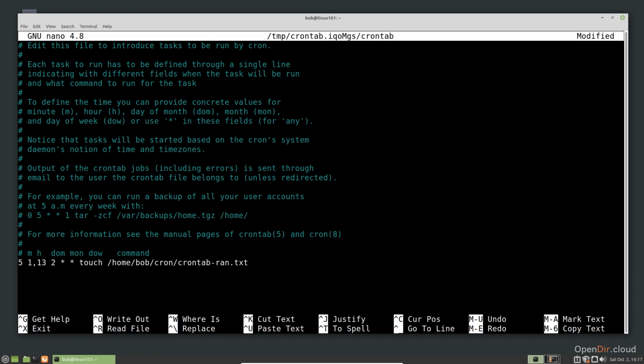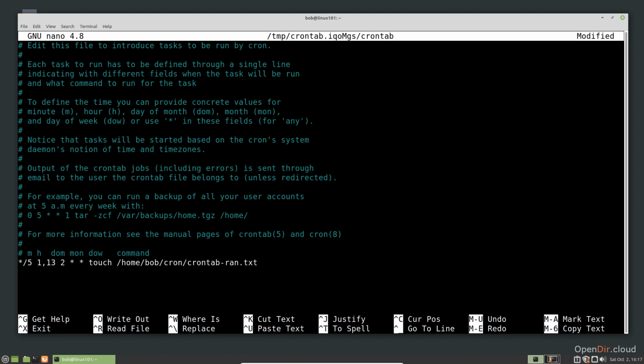Since I don't feel like waiting a few weeks for this to run, let's change it so it runs every 5 minutes every day. It would be tiring and error prone to list every 5 minute increment in an hour. Luckily, cron has some special syntax we can use. If we want it to run every 5 minutes, we can write it like this: